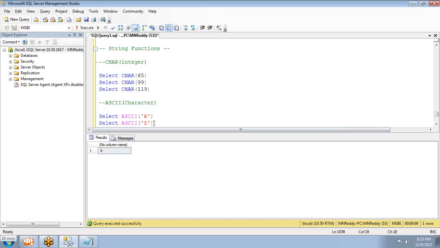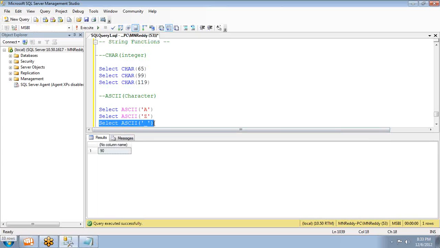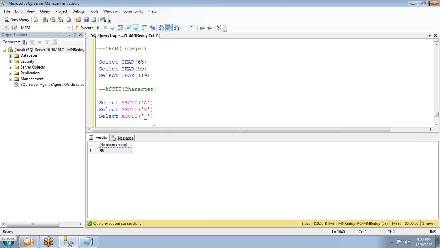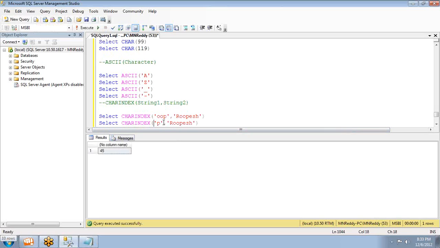Okay, now ASCII of Z, it is 90, ASCII of underscore, it is 95, and you can try a couple of other things like let me try with hyphen, it is 45. So this is how you can use ASCII function